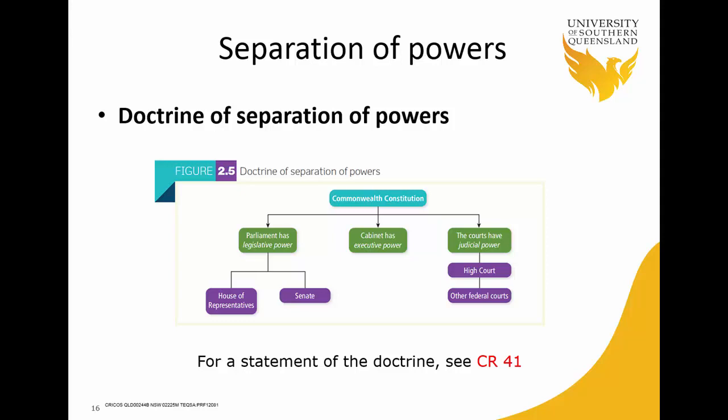In theory, this doctrine means that no one person or body shall exercise more than one power, which is a limitation on the powers of the Commonwealth Parliament. In essence, however, the doctrine is based on the idea of checks and balances. In reality, there is no separation in Australia and in any system under the Westminster system of Parliament. There is no separation between the executive and the legislative branches, because the Prime Minister and the executive ministers must be elected members of Parliament, which is the arm that exercises the